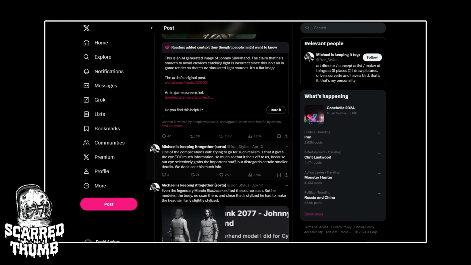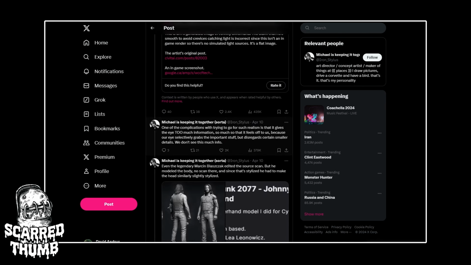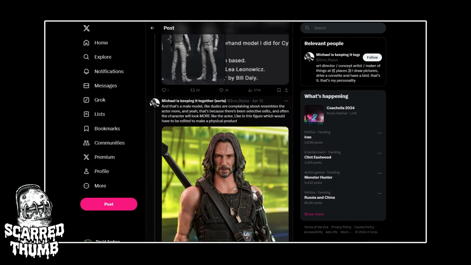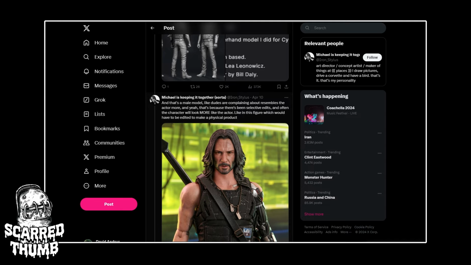So he's making the point that it takes a lot of work to make a real scan. One of the complications is trying to make sure the realism gives the eye too much information, so much that it feels off to us because our eye cyclically grabs important stuff but disregards certain smaller detail. We don't see this much info, and that's a male model. Like dudes are complaining about